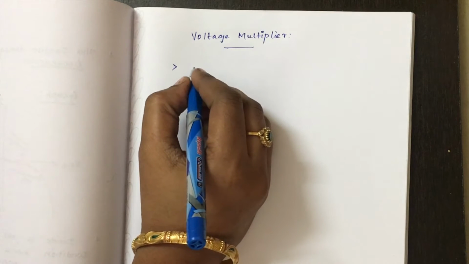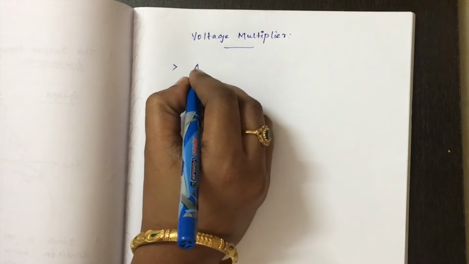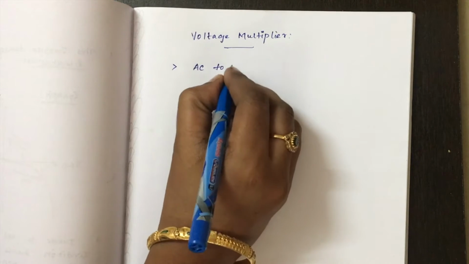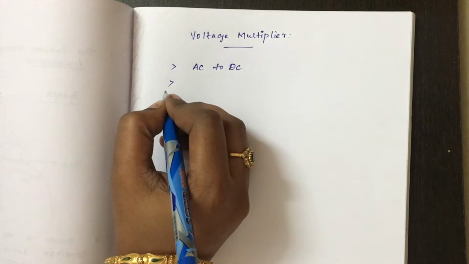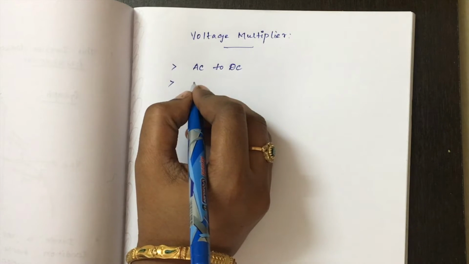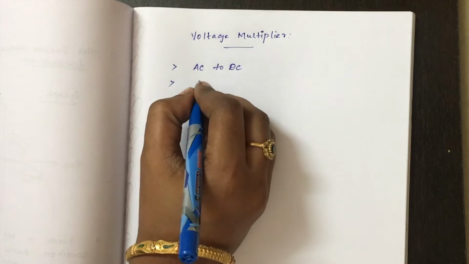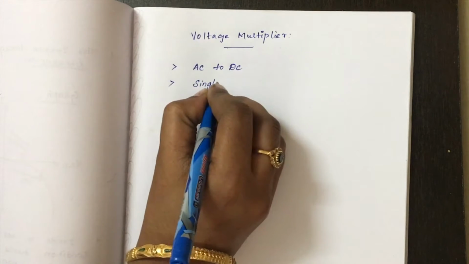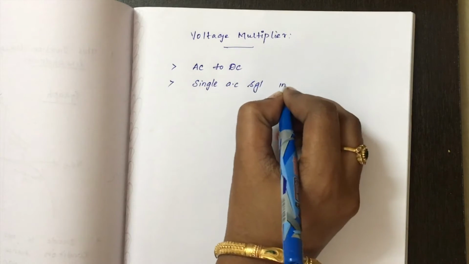So this is a circuit which is used to convert alternating AC into DC. You can also call a voltage multiplier a circuit which is used to convert a single AC signal into